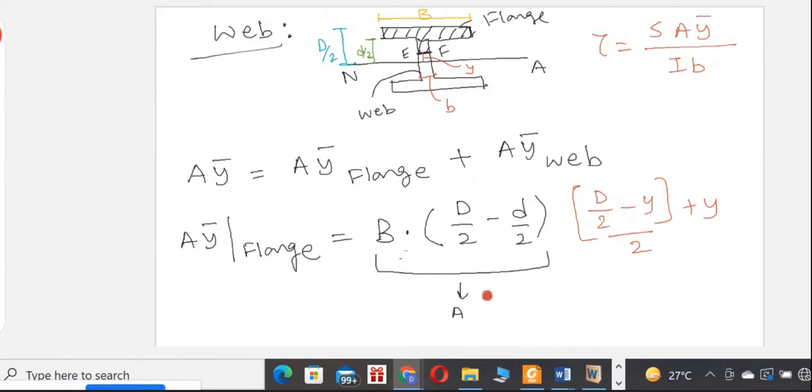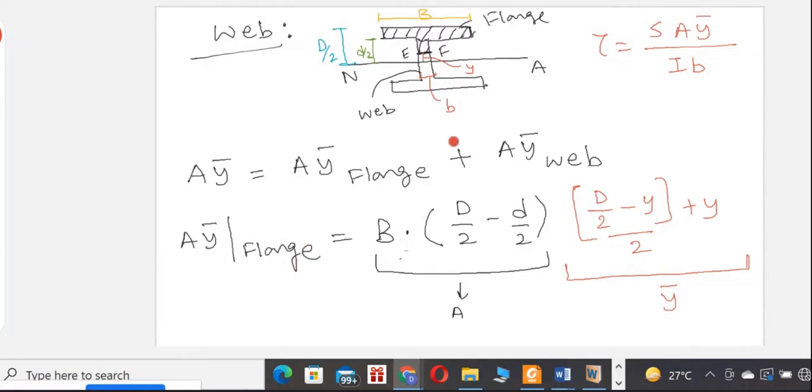So what he told, does everyone agree with him, or is there some other answer? We are talking about y bar for the shaded area in the flange. So y will be replaced by small d by 2, because